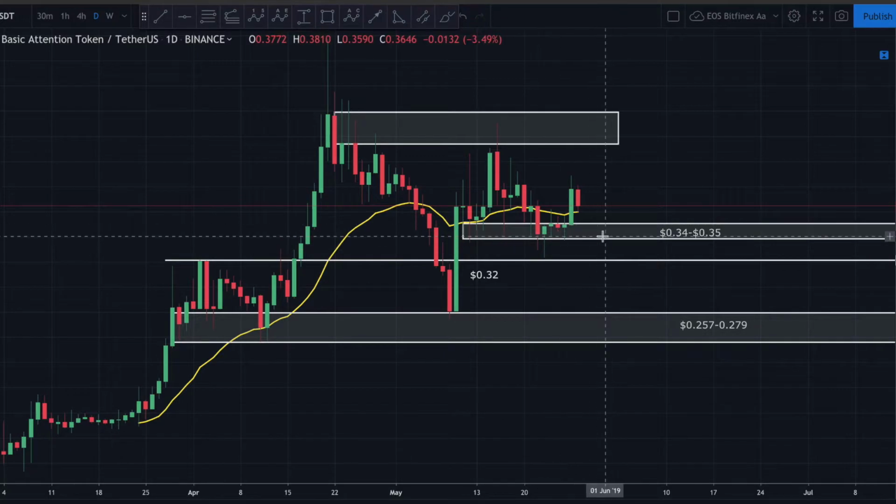Until then, I'm going to be watching this zone down here. If we do break below 34 cents decisively, again, by decisively, I mean a daily candle opening and closing below, it could be a quick drop to 32. I'm not sure 32 does hold this time. It could. And if you're looking for a quick scalp, you may get a little bounce off that zone, but I think very likely this thing may end up dropping down lower,